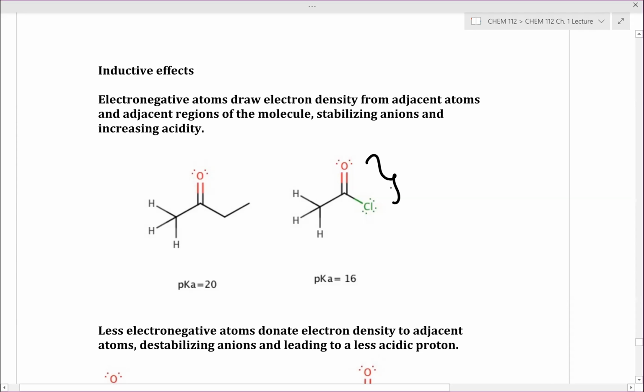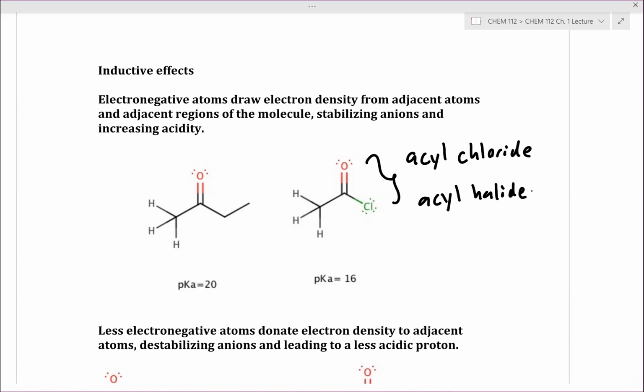Not just a normal halide. It's a derivative of a ketone-like functionality that we call, what was that? Not quite an aldehyde, but it's called an acyl chloride, which is a specific subclass of the acyl halide functional group. Now, as we notice, is chlorine more or less inductive withdrawing compared to carbon? More. Yeah. So we have an inductive effect that's pulling electron density away from our carbonyl carbon,